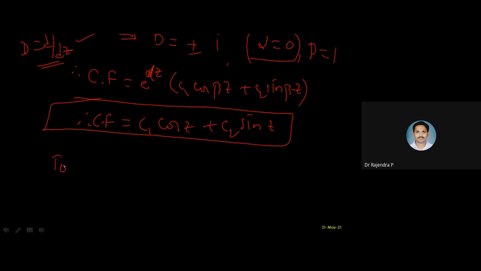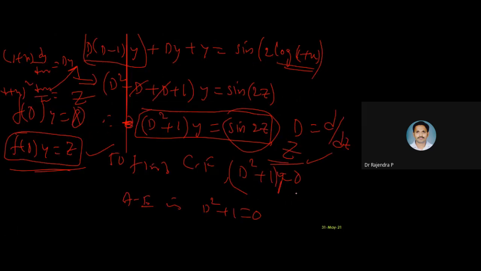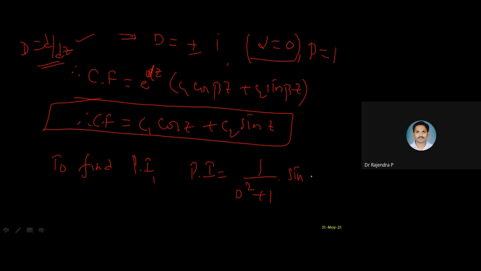So to find the particular integral, what do you have to do? PI is equal to 1 by f of D, that is D square plus 1, applied to sin 2z. How to get it? Can we use yesterday's method also, sir? Yeah, you can use it, but is it required? Because for sin z we have a shortcut, right? Directly, D square in place of D square, what is there? Minus a square. Yes, that's all.